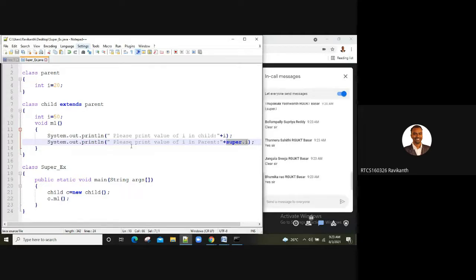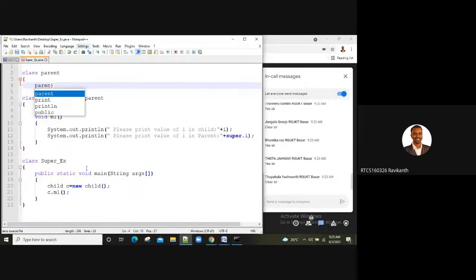Now, sir, with respect to constructor, how will it work? If I create a constructor, how is it going to work? Let me create a constructor here. I'll just write parent.